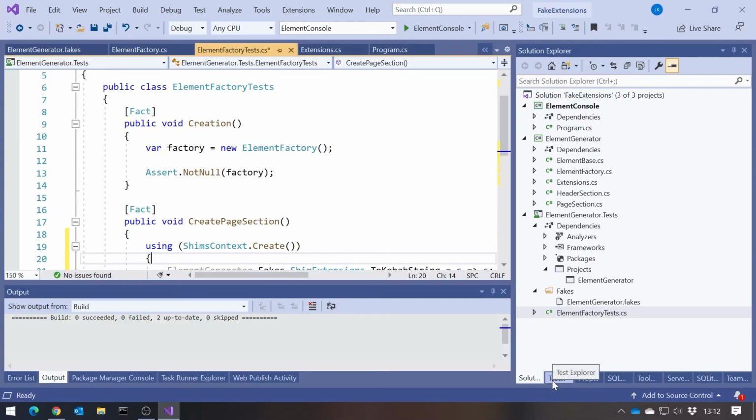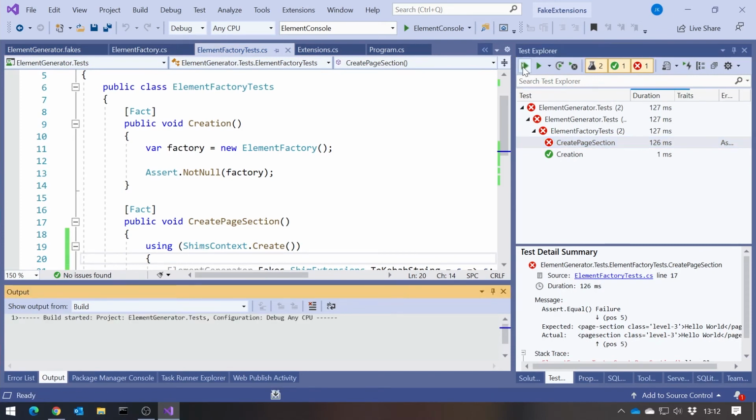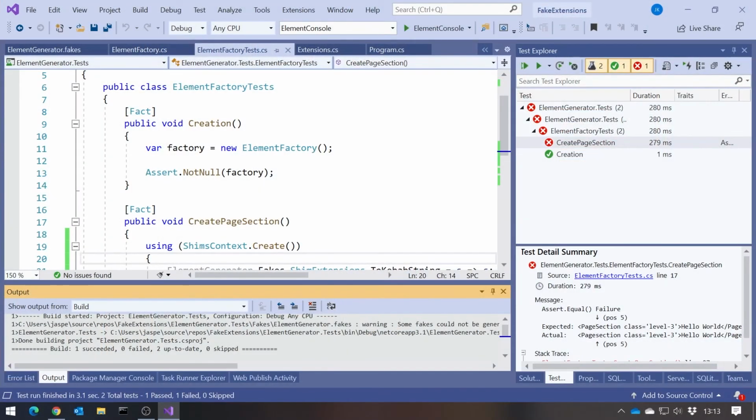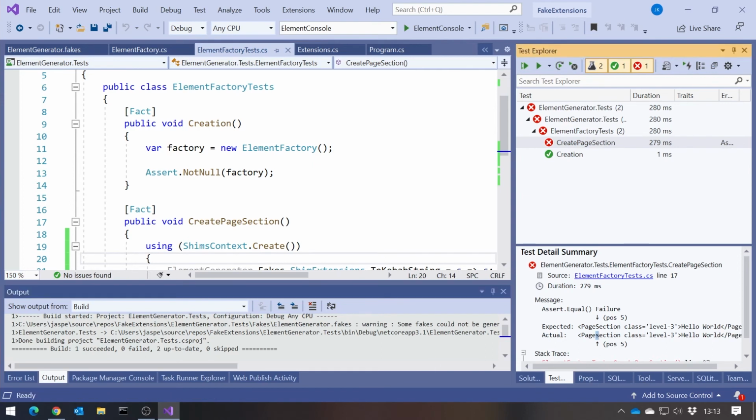And if we run the tests with that shim in there, we can see we're still getting a red light. And so what that immediately tells us is because we've isolated our class under test from the toKebab extension method, the toKebab extension method was not the problem. And in fact, if we look at the detail, we can see what the problem actually was. We're expecting PageSection capital P, capital S, and we're getting Pagesection with a lowercase s. And because we've got the lowercase s there, that's why further down the line the toKebab failed, because it didn't know to put the dash in there.